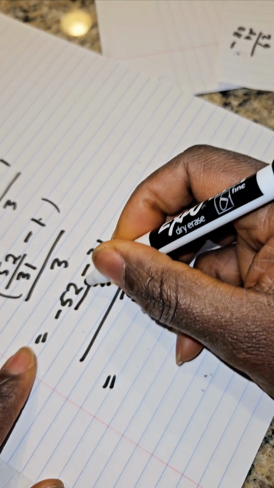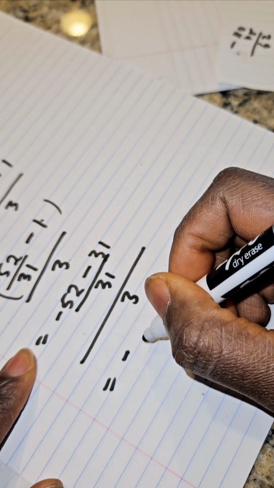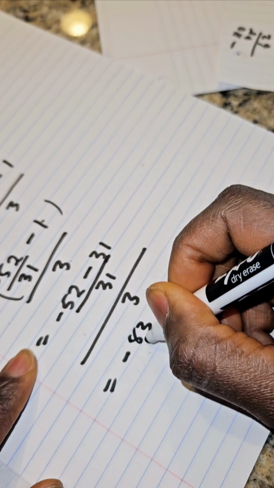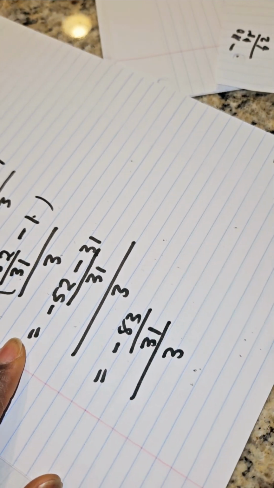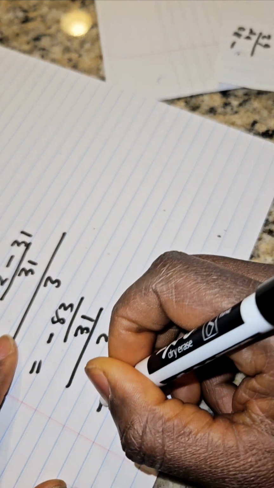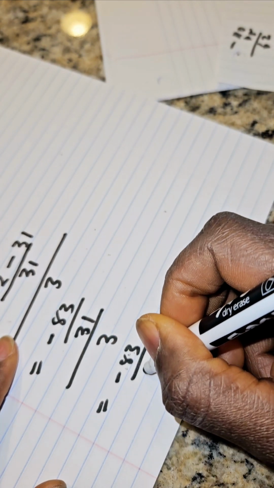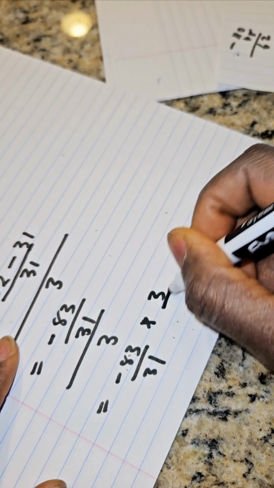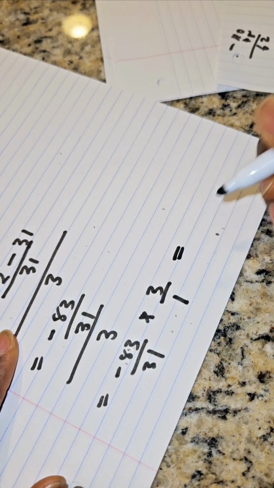And this will become negative 83 all over 31 divided by 3. This is the same as negative 83 all over 31 times 3 all over 1. And this becomes